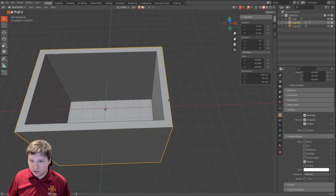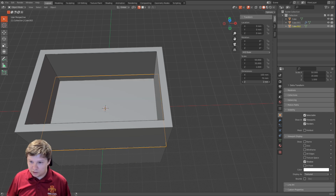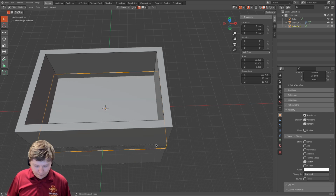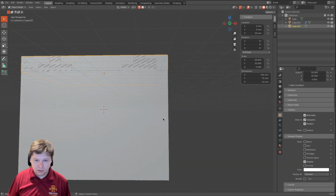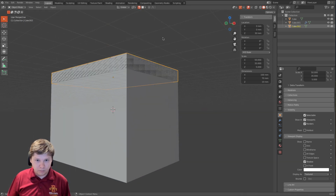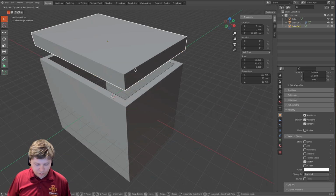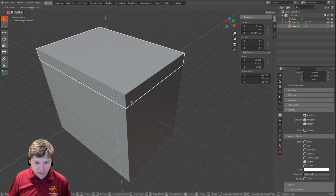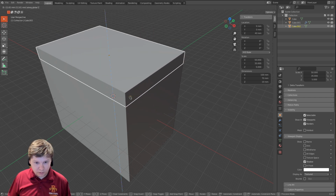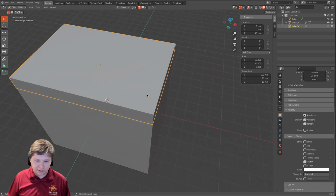So real quick, x 100, y 70, x 100, y 70, and z 10. Grab the z, align the face. Let's go ahead, grab z, align to the face, and there we go. Now we've got this lid that will sit on top of the other box, and then